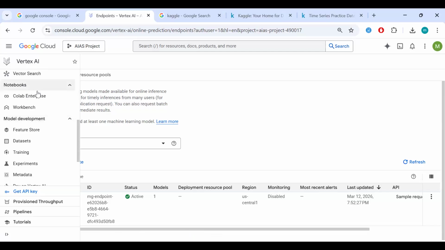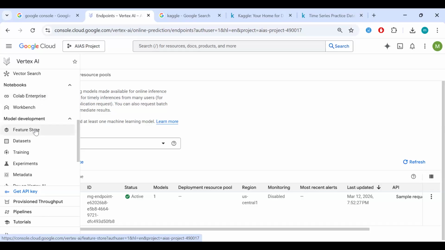We also have our notebooks. So what the notebooks allow us to do is interact with our models in this platform using basic code, right? So instead of naturally we would have deployed the endpoint or integrated our endpoint into an application, our client-side application, right? If we wanted to test our endpoints to see if they were working before we decided to ship them out into the client's website, we can use the Google Colab Enterprise, right? The notebooks. So I'll show you how to interact with that.